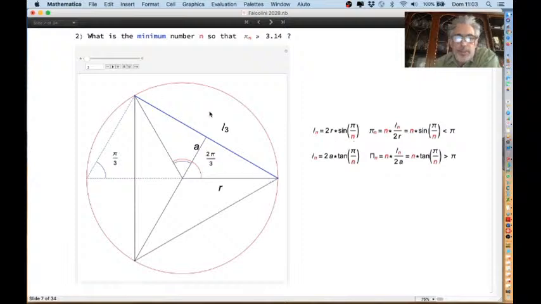You can see here for n equal to 3, we have the regular triangle, and r is the radius of the circumscribed circle, and we can relate L3 to r by simply taking the diameter and seeing that this angle, since it insists on the chord L3, like the central angle, the blue angle is exactly half of the central angle, which is 2 pi over 3, because n is equal to 3. So this is pi over 3, and thus,